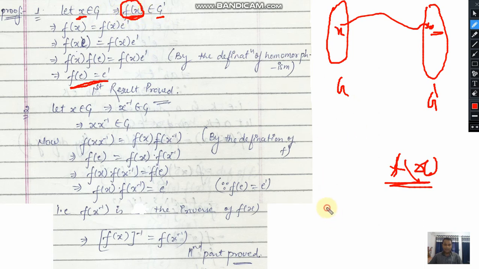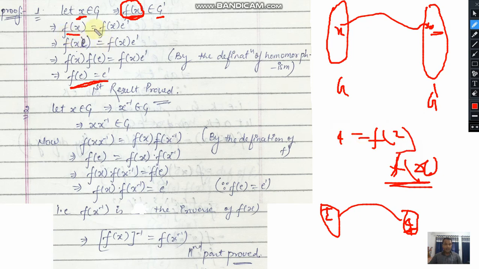For an example, let us suppose I am writing here 2 and square is a mapping, then in the right hand side there must be 4. It means 4 is the mapping of 2. So we can say that 4 is equivalent to the mapping of 2. So now Fx will be written as, because Fx is the element of G dash, so we can write it as the multiplication with identity available in G dash, where E dash is the identity in G dash.